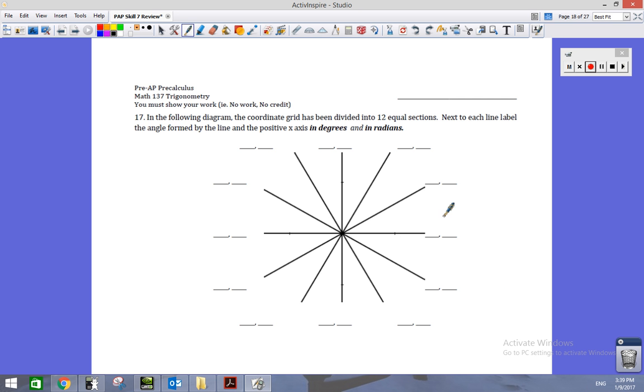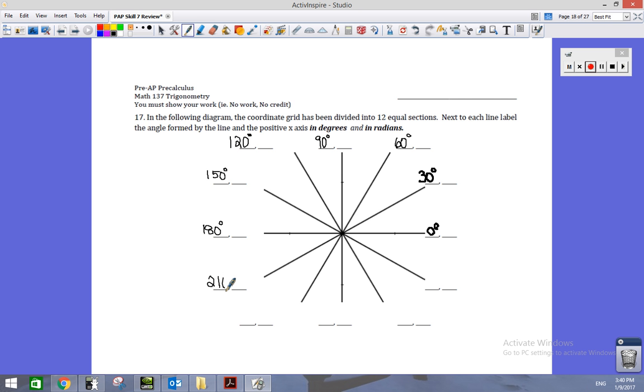This one's counting by 30 degrees. So if we do our degrees, 0 degrees, 30 degrees. I'll try and make it a little bit thinner. 60 degrees, 90 degrees. I'm just adding 30 each time, or at least I hope I am. 120 degrees, 150 degrees, 180, which is half of a revolution,